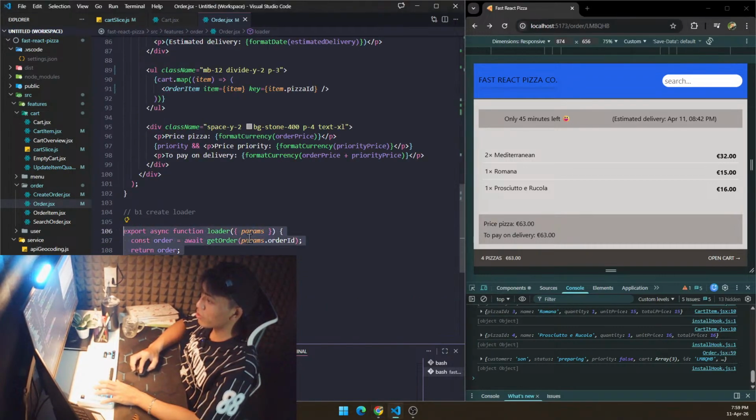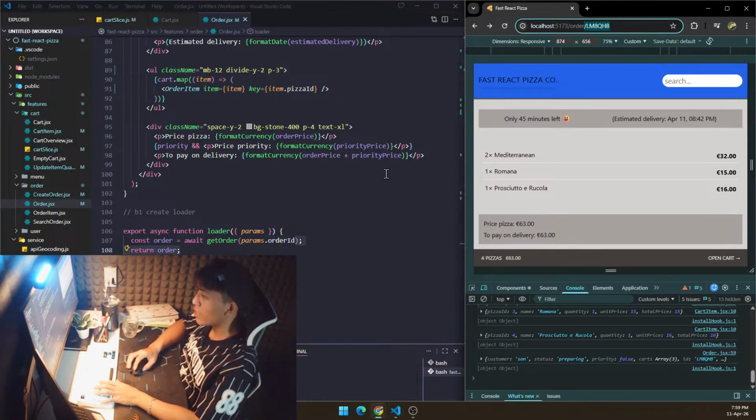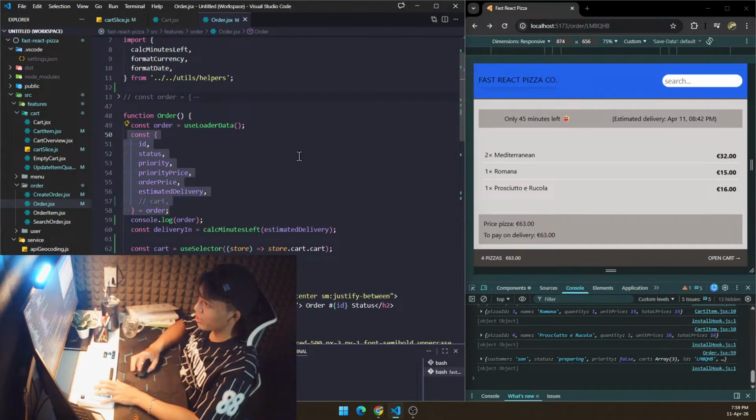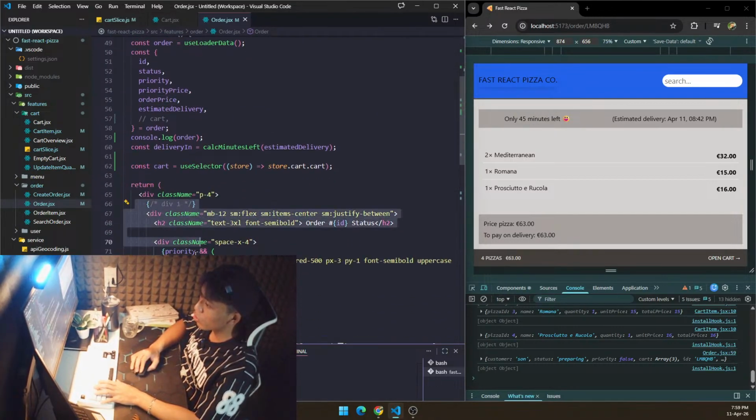So how can we fetch that ID? We use the loader function. Wherever this order component is on now, we're going to have this getOrder, and we fetch exactly the order based on the ID right here. After we fetch that, we're going to have the results right here, and the results have the ID, status, quantities, all the things that we need to put inside the order component, which is right here. For the first step, you're going to see that